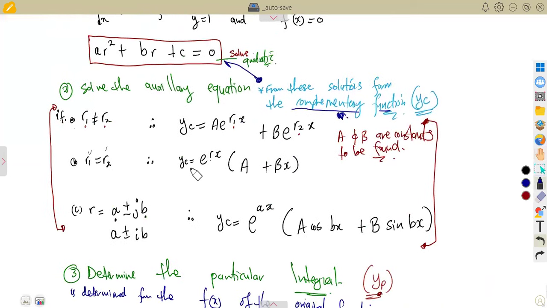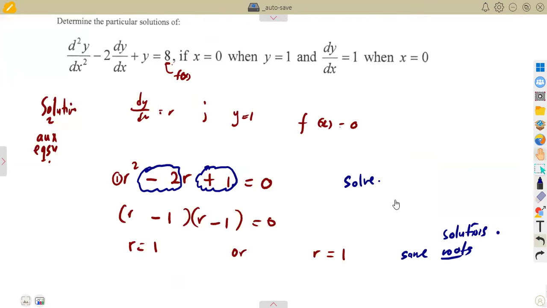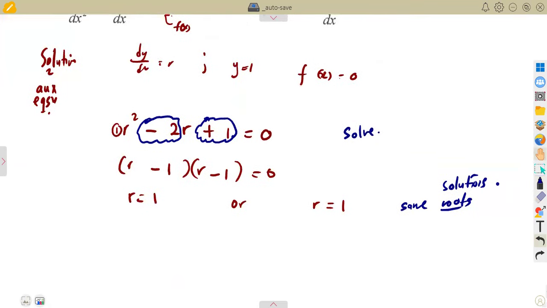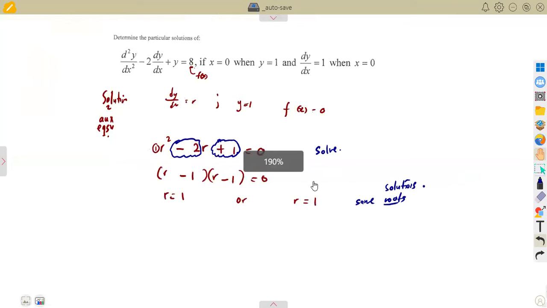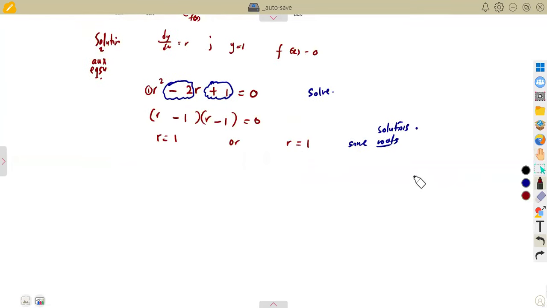So here we are going to see that we saw that the two solutions are the same. R1 is equal to R2. So this is going to be our presentation of what? The complementary function. Because R1 is equal to R2. The solutions there are the same. So what does it mean? Okay, so let us just have it here. So since R1